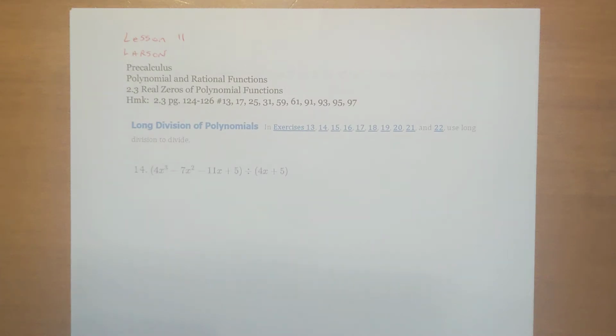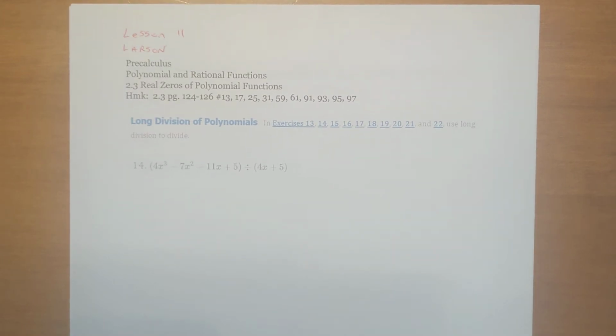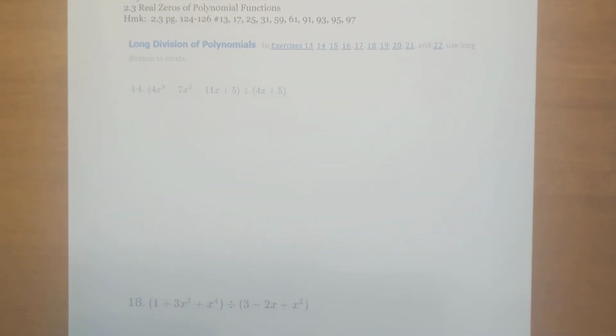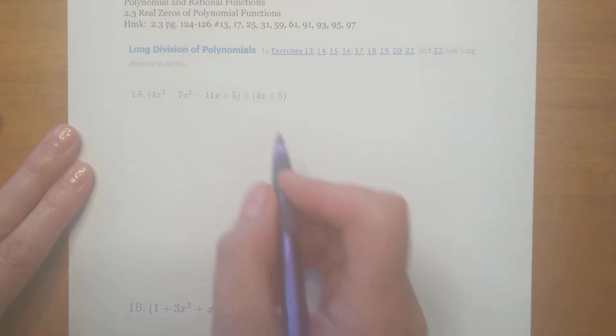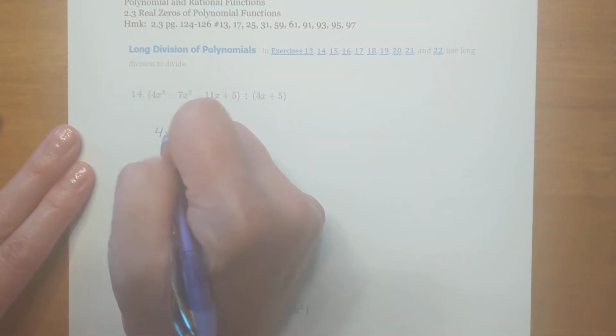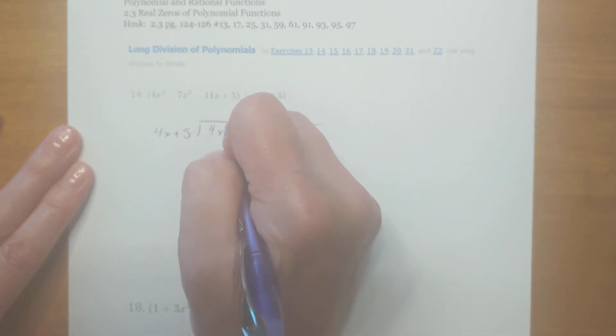Lesson 11, Precalculus. This is Chapter 2, Section 3, Real Zeros of Polynomials. Okay, to find real zeros of polynomials, we have to go back to an Algebra 2 concept of long division and synthetic division. So recall here when you divide, we got 4x plus 5 divided into 4x to the third